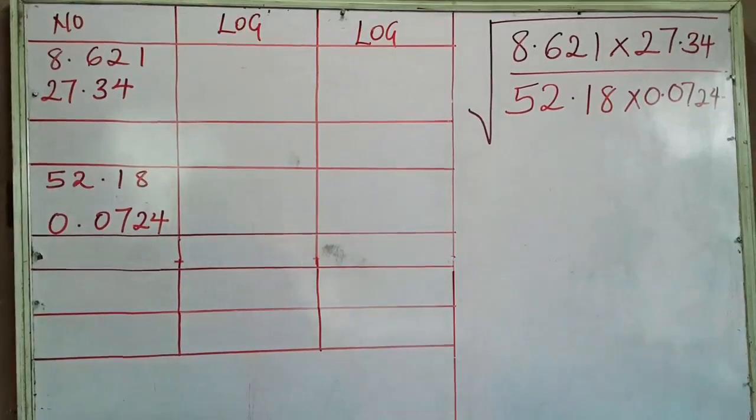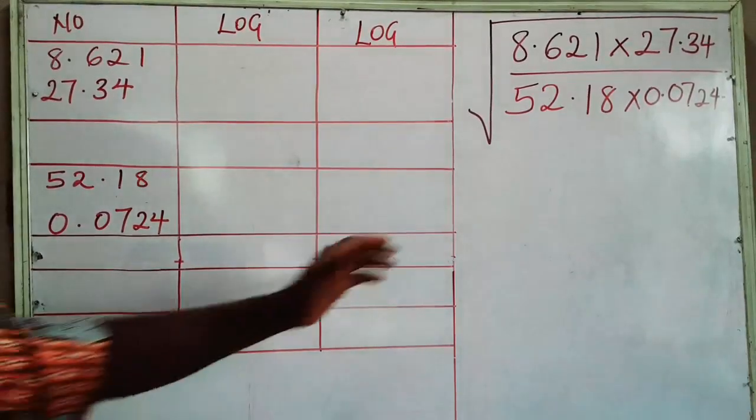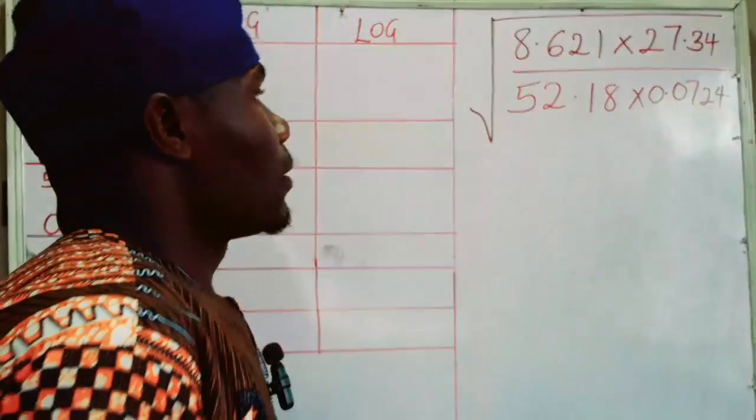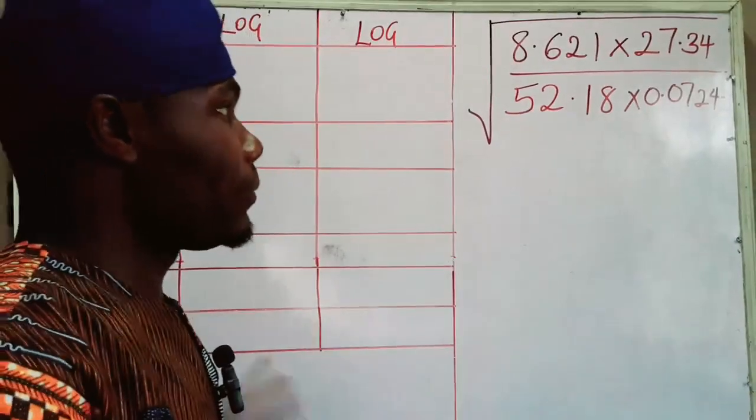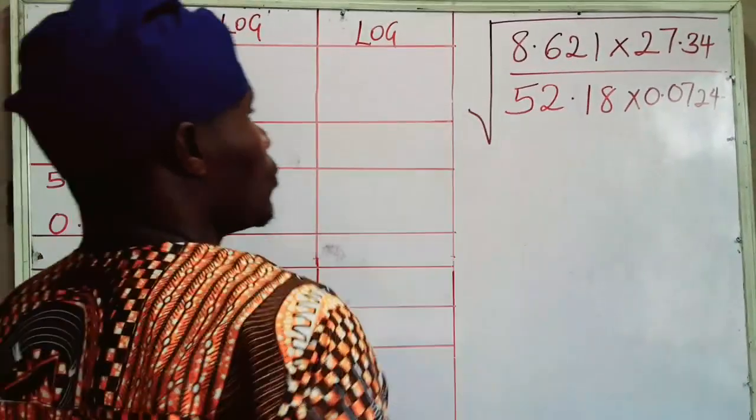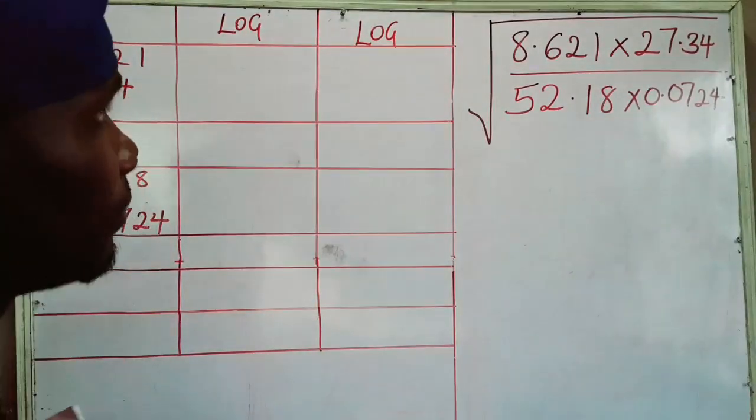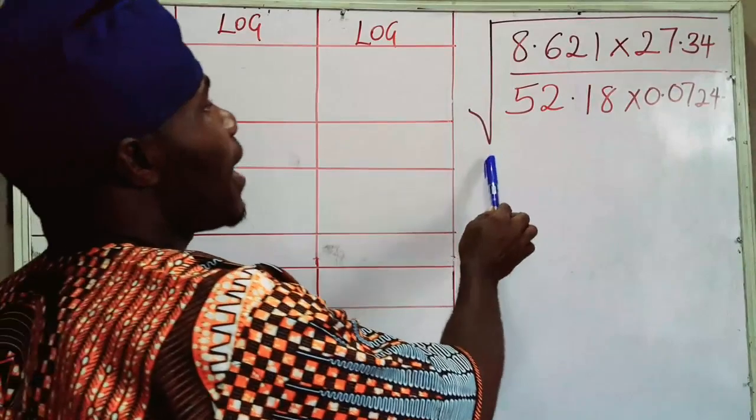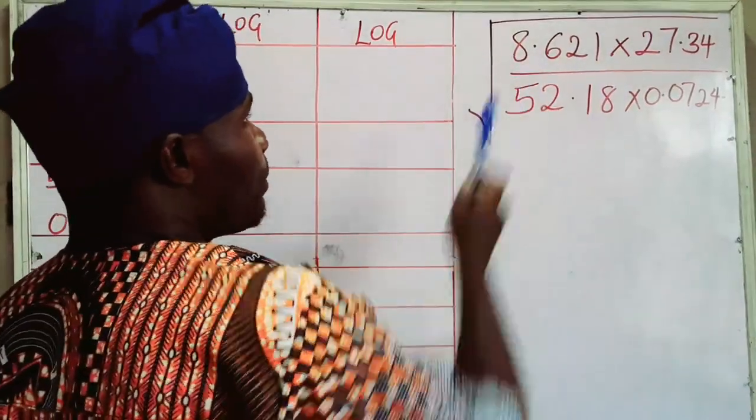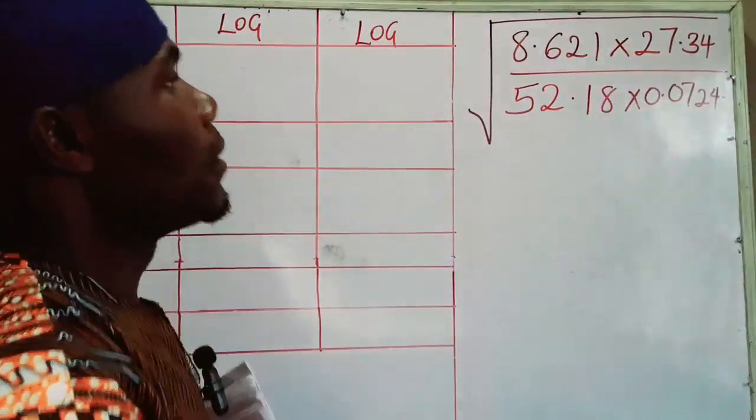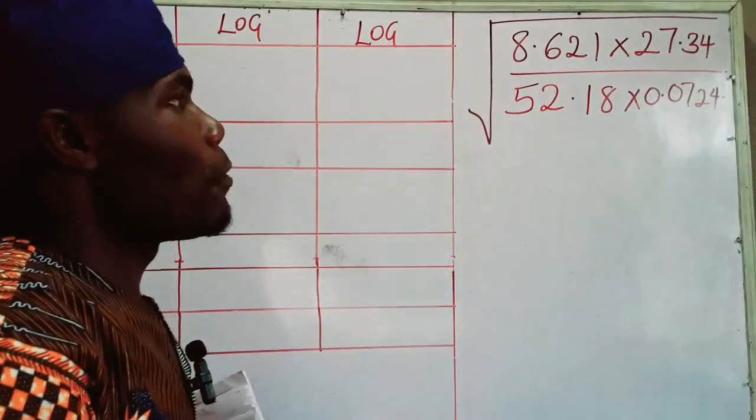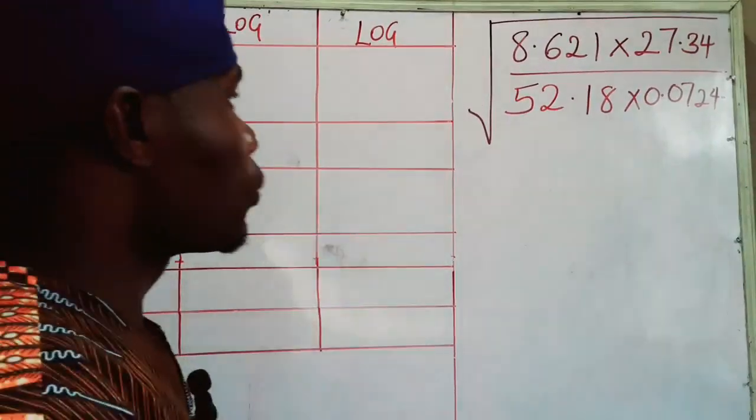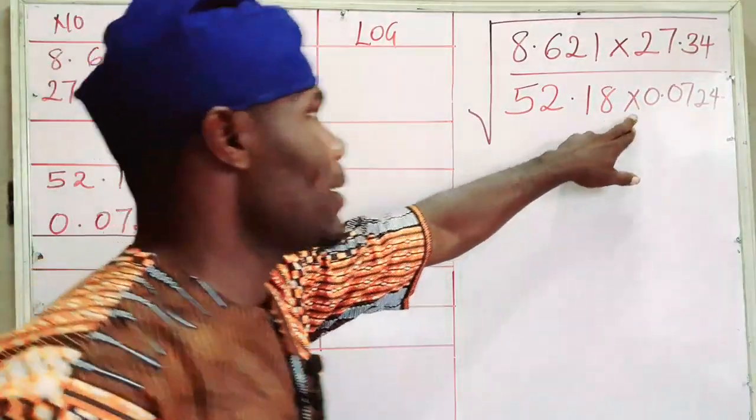This is a logarithm question. We have to evaluate without using a calculator, and we must use the four-figure table to solve this question. The question is the square root of 8.621 times 27.34 all divided by 52.18 times